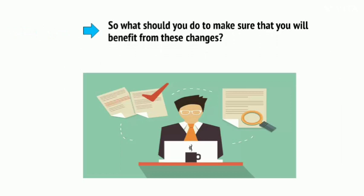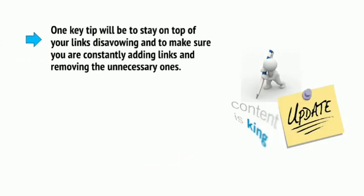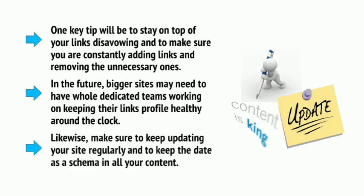So, what should you do to make sure that you'll benefit from these changes? How can you future-proof your site in this regard? Well, one tip will be to stay on top of your links disavowing and to make sure you're constantly adding links and removing the unnecessary ones. In the future, bigger sites may need to have a whole dedicated team working on keeping their links profile healthy around the clock. Likewise, make sure to keep updating your site regularly and to keep the date as a schema